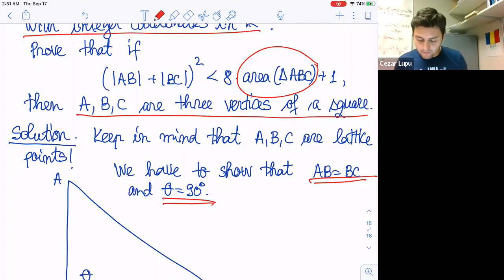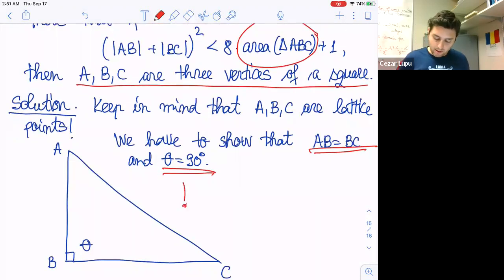And we have the following fact. I'm going to write it in red. I think you can realize how you can prove it: the area of a triangle